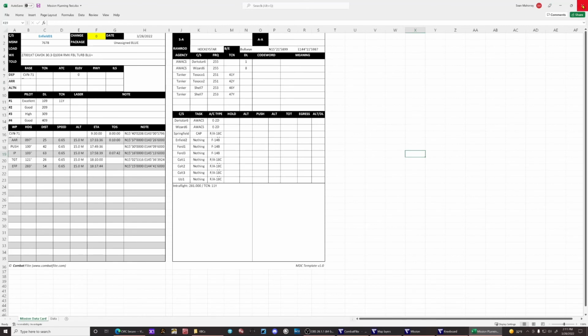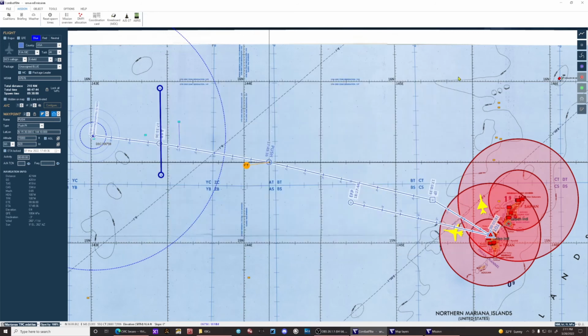But then you can close this. It's saved, so you can just close it. Doesn't matter, just save it. And then you can close this. So at this point, you've made your mission, you've pulled your waypoints, you've got your timing set up, you have